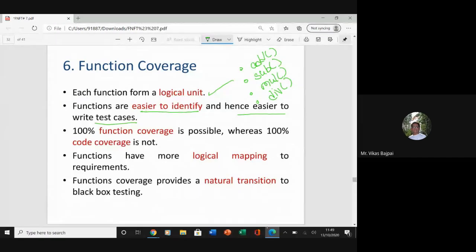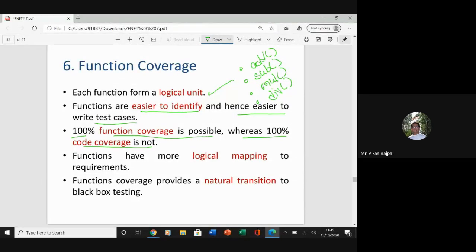So what we say is that 100% function coverage is possible, whereas 100% code coverage is not possible. Like in 1 lakh lines of code, or maybe 1,000 kilo LOCs, I can count the number of functions, but I cannot count the number of lines of code.